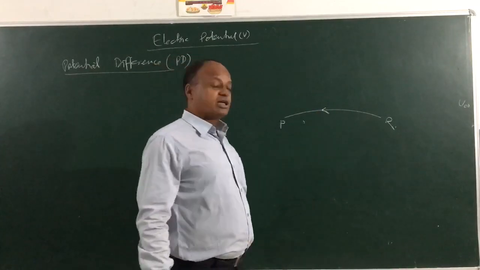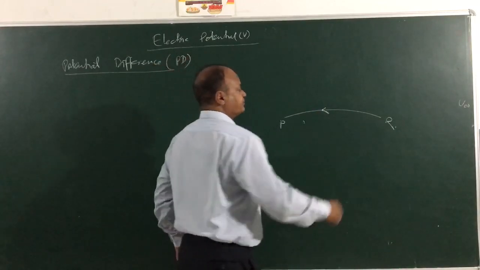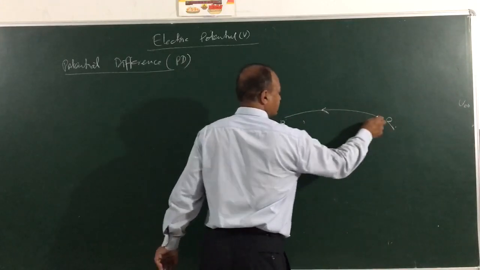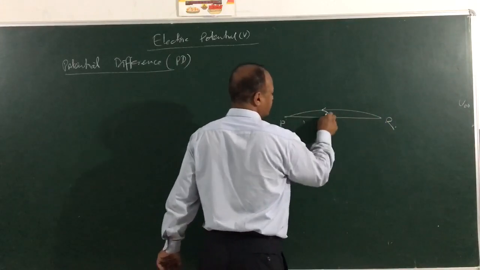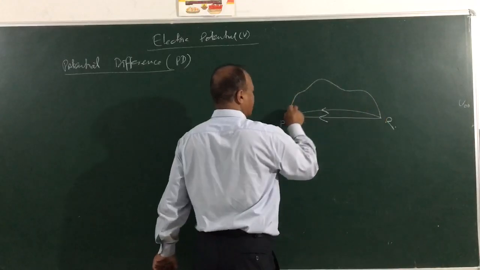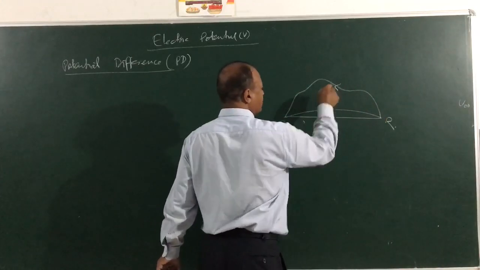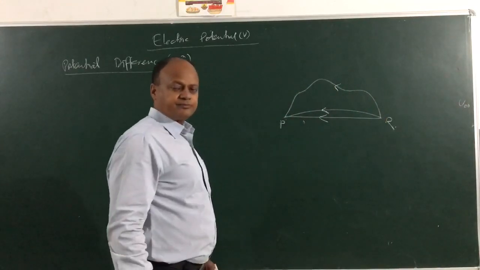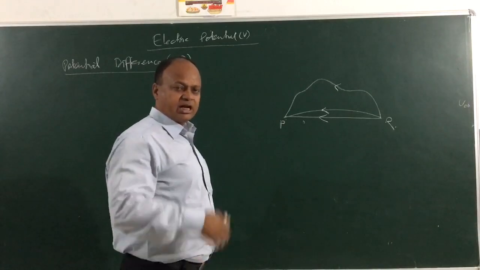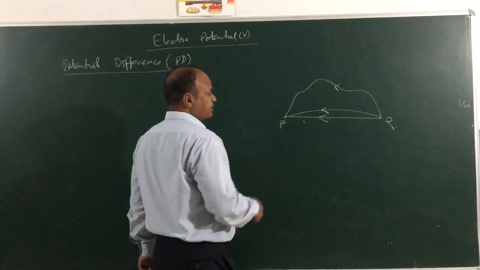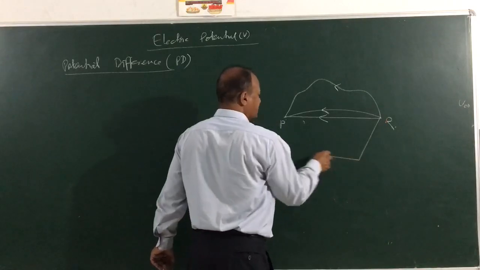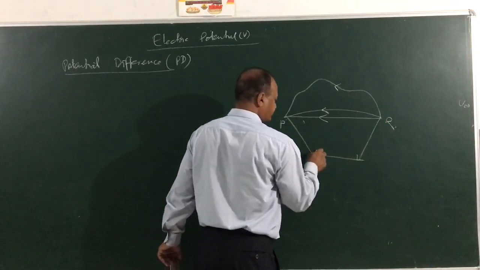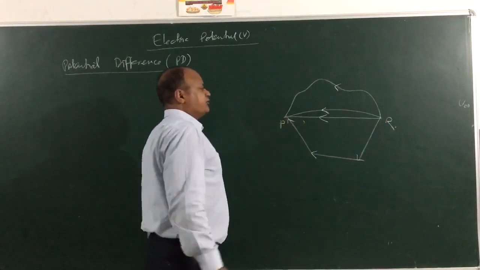Now I can transfer the charge in so many ways. I can transfer it like this, I can transfer it like this directly, I can transfer it like this. I can choose so many paths. I can choose any path that I want. I can take a path like this. The interesting thing is